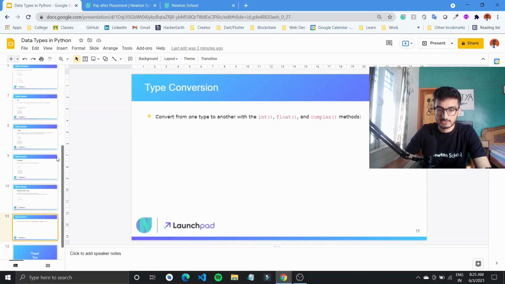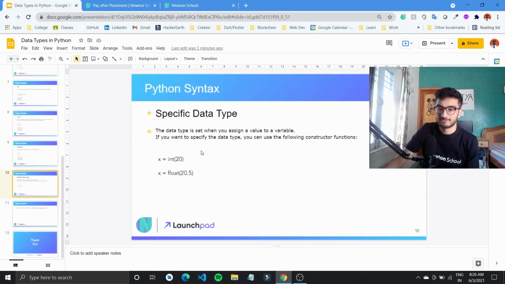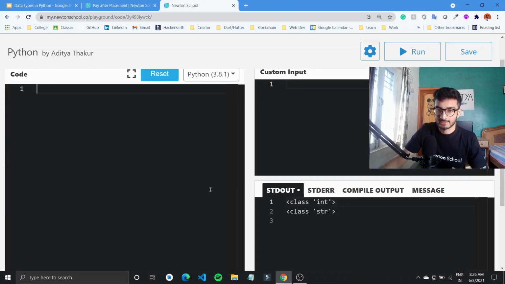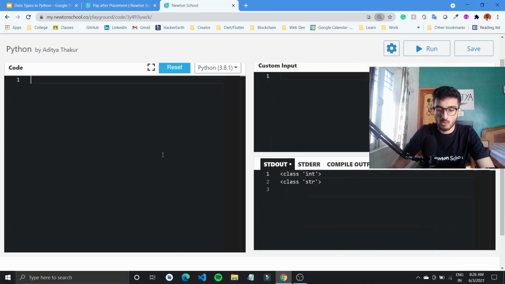Okay, so that brings us to how to specify the data type of a given variable. So let's go back to our IDE again, and let's do that, right? So there was this number which was saving 5. So if I just try to print the type of this number, it should return